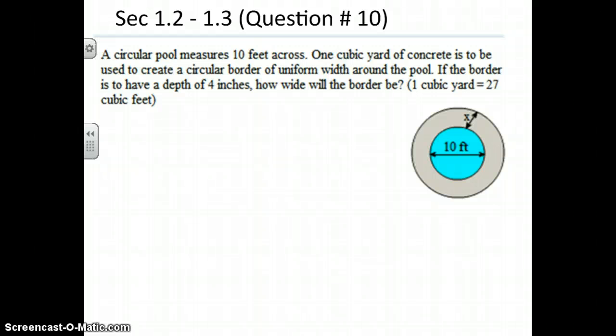This might even be section 1.2, but it's all within the same assignment. This problem deals with the volume formula, which is pi r squared h. And actually, we've got two different volumes. We have the outer volume here, and then we have the inner volume, which they give us that the radius